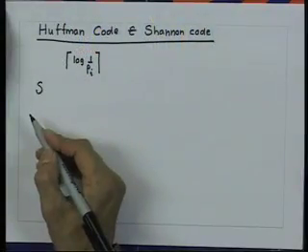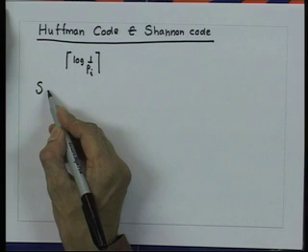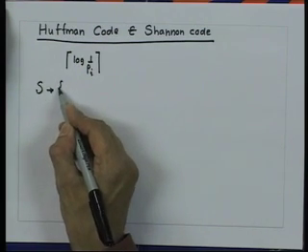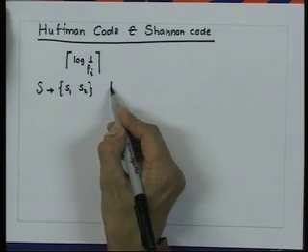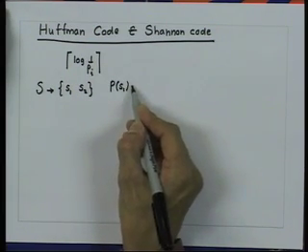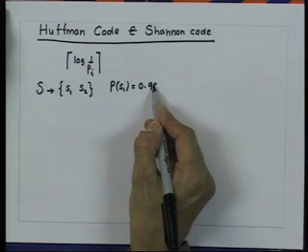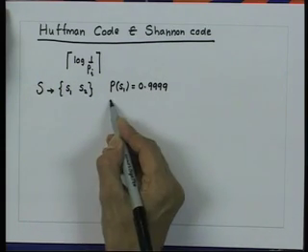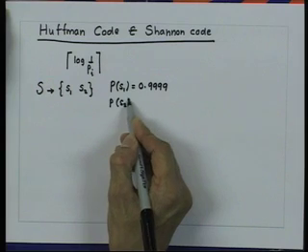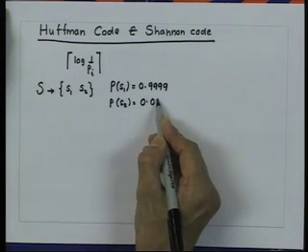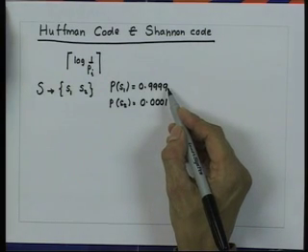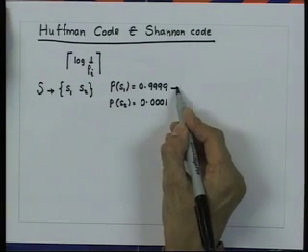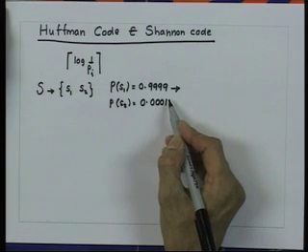Let us take an example that I have a source, a binary source consisting of 2 symbols S1 and S2 with the probabilities given as probability of S1 is equal to 0.9999 and probability of S2 given as 0.0001. Now, if we use the Shannon coding strategy,